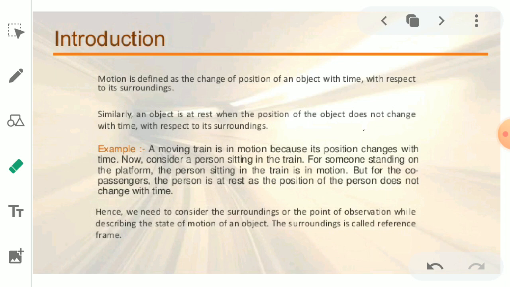And you see in all moving bodies, a common characteristic is that they change their position with respect to time. So we can define motion as a change in the position of an object. A body is in motion when its position changes continuously with respect to time, or with respect to a stationary object which is taken as a reference point.